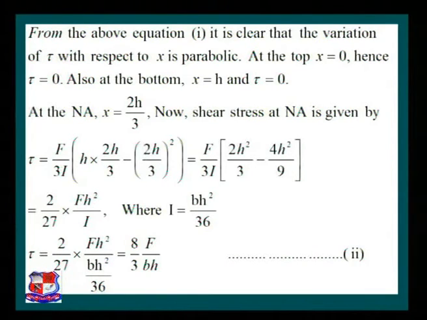At the neutral axis, x is equal to 2h by 3, so let us replace x with 2h by 3 in our equation. Tau is equal to F over 3I bracket h into 2h by 3 minus, instead of x we put 2h by 3, whole square. By simplifying this, we get F by 3I bracket 2h square by 3 minus 4h square by 9, and we get tau is equal to 2 by 27 F h square by I. Now h